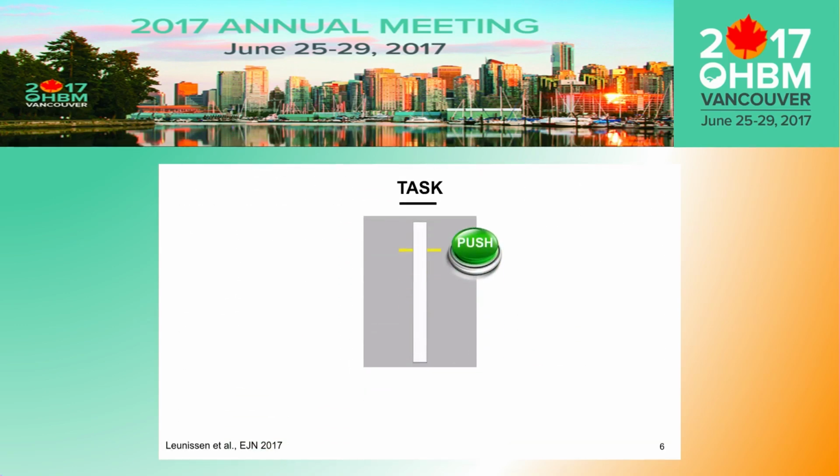So participants were performing a stop signal task during the stimulation. And this type of task taps into both inhibition and facilitation and works as follows. Participants see an indicator moving up and are instructed to press a force button whenever this indicator reaches the 2 yellow target lines. However, sometimes they get a stop cue before this indicator reaches these target lines, indicating that they should not press the button anymore.